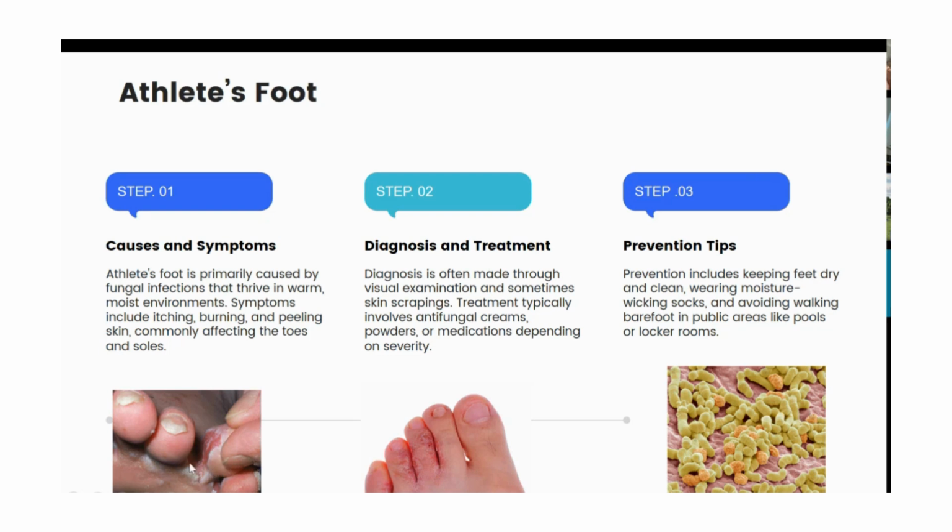We want to dry off this area. So therefore, we would recommend something like a drying powder. So something like Dactarin powder spray would be one way of dealing with this. Another thing we will advise you is to just make sure you dry really well in between your toes. If you can't reach, obviously that's a problem, but for the ones who can reach, I do recommend the patients use something like a cotton bud, an ear bud, for example, just to dry very well in between the toes. And that should actually improve the symptoms